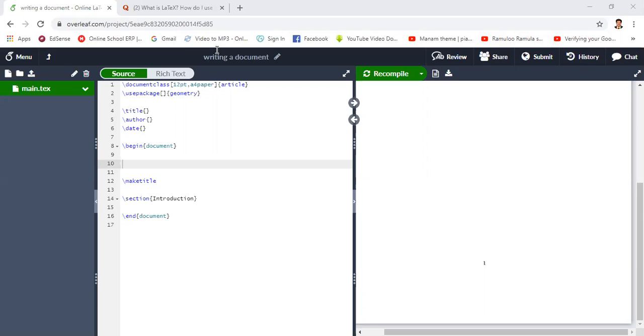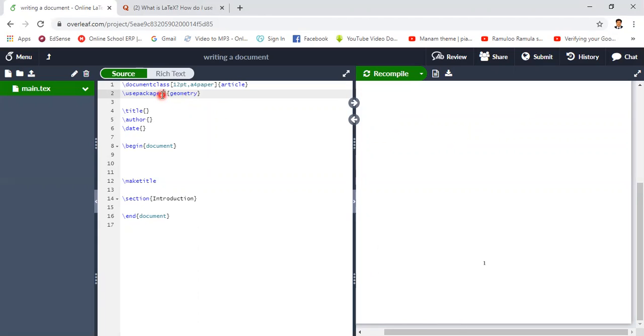So here, this is the document program. They have given all the details there. Here: document class, 12 point, A4 paper, article. So this is A4 paper and the font size is 12 point. Here, use package: we have different packages for figures, mathematical notations, and font styles. So this use package is for the output that we are going to have now.